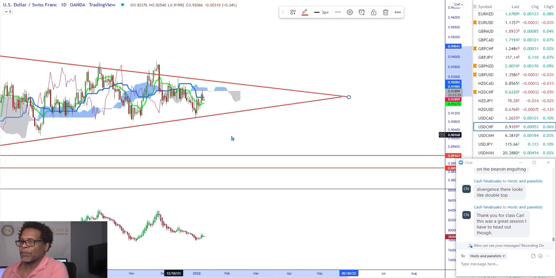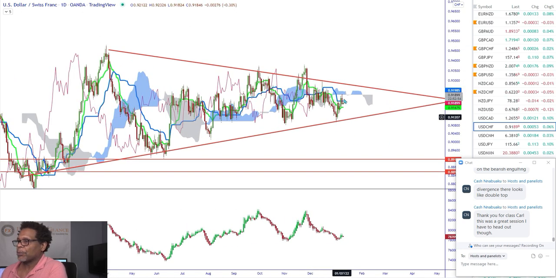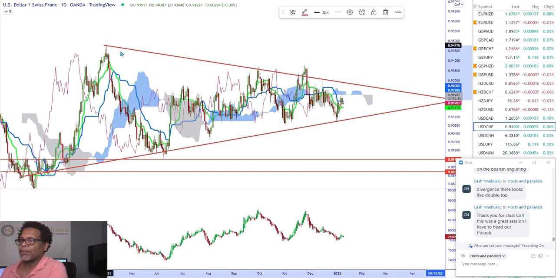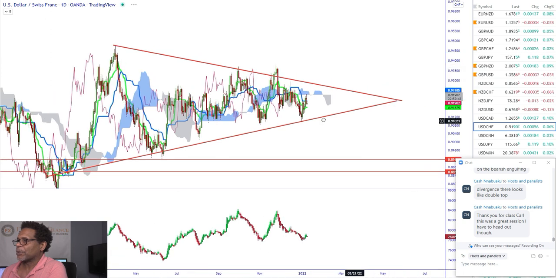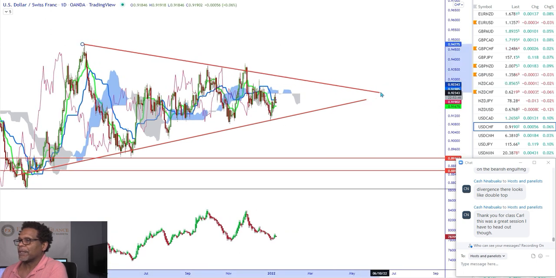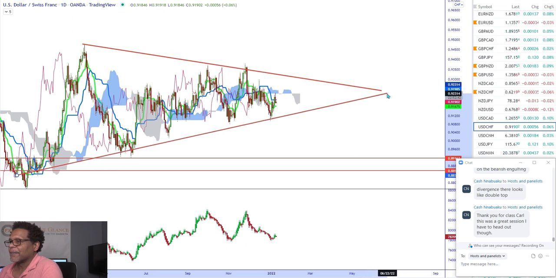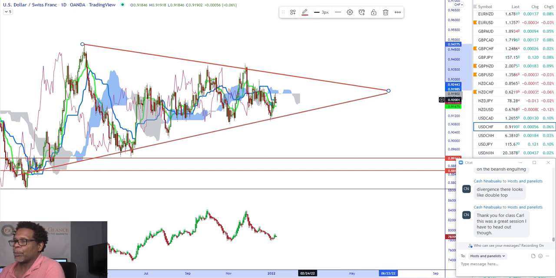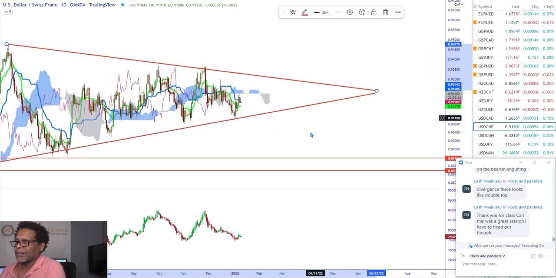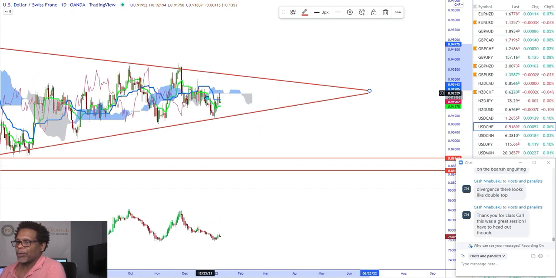You could see too many crossovers. Ichimoku's not helping you here. So might see the market push up to this level. You could adjust your levels on your time frame. I change them a little bit when I'm on my daily to weekly. I change these levels to line up better. So might see it push back up to here. Ichimoku got too many crossovers. That's a fluctuating market. Crossover here, crossover there, crossover here, crossover, crossover.